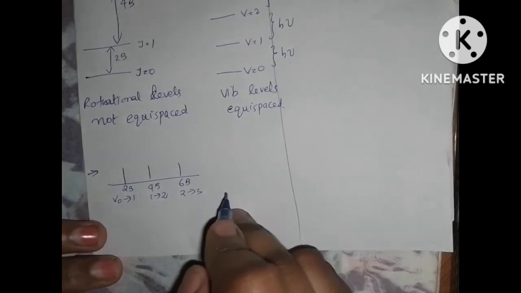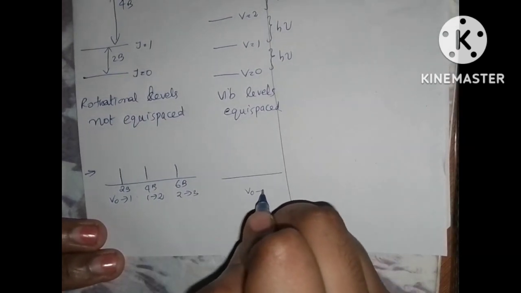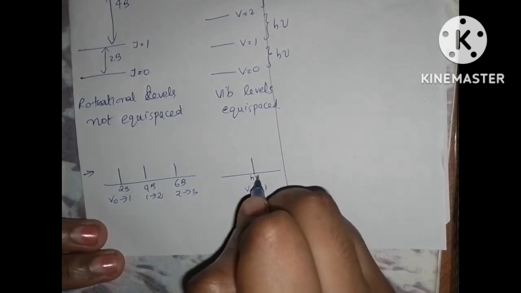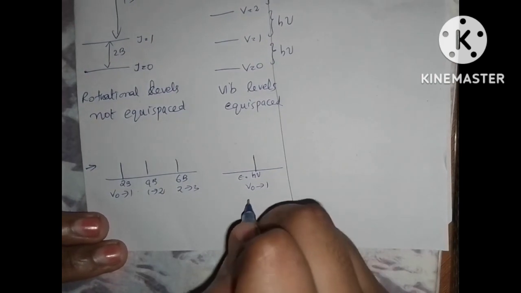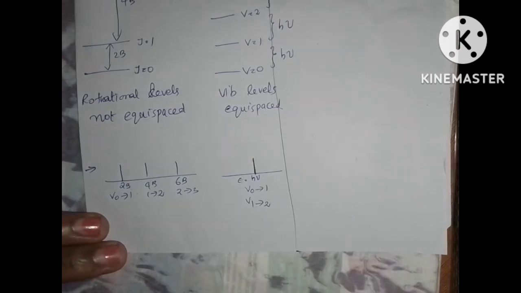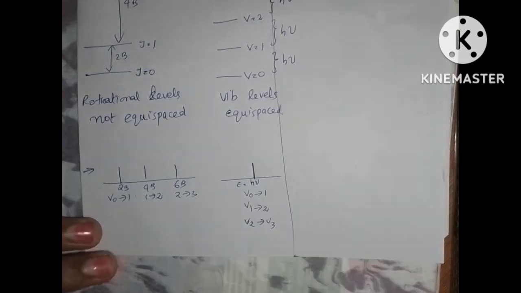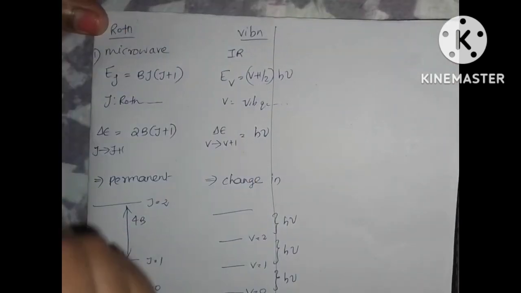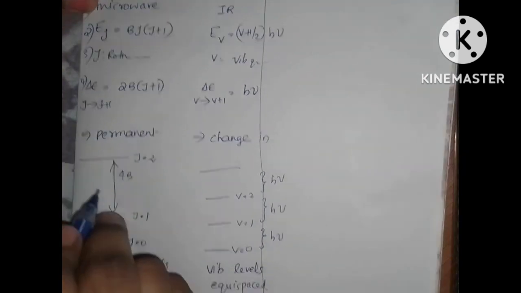At the same time, for vibrational spectroscopy, for V equal to 0 to 1, the spectrum will be obtained at E equal to h nu. For V equal to 1 to 2, again the peak will be obtained at h nu. For V equal to 2 to 3, again the peak will be in the same position. Like that we can study each difference between rotational and